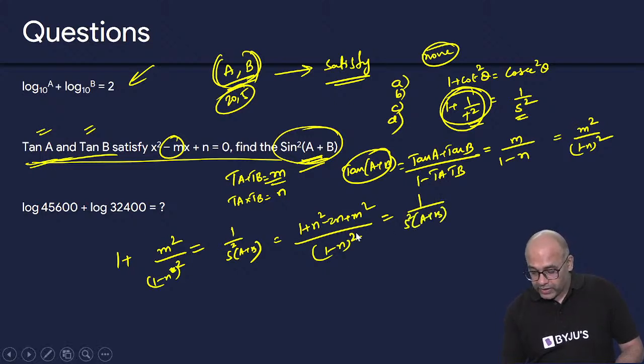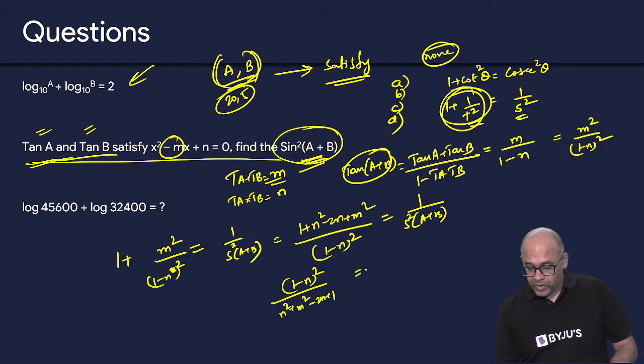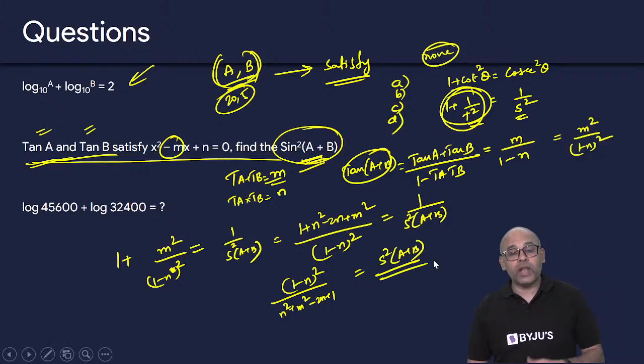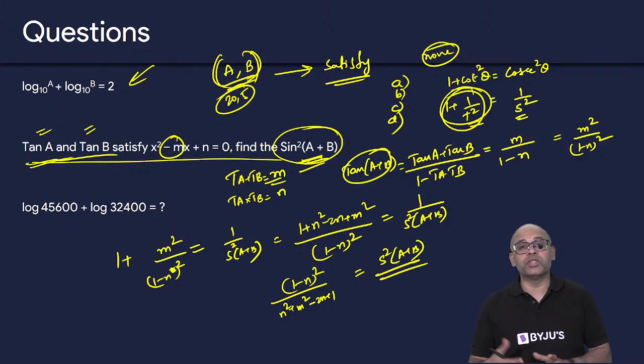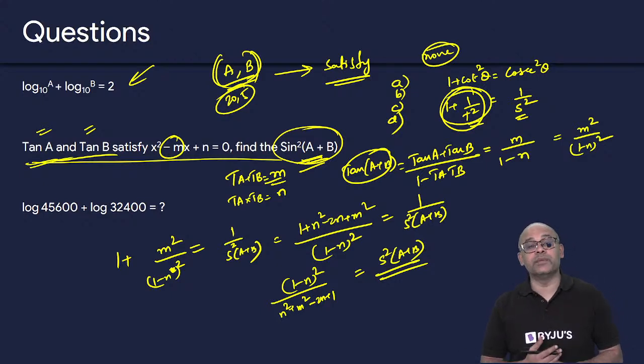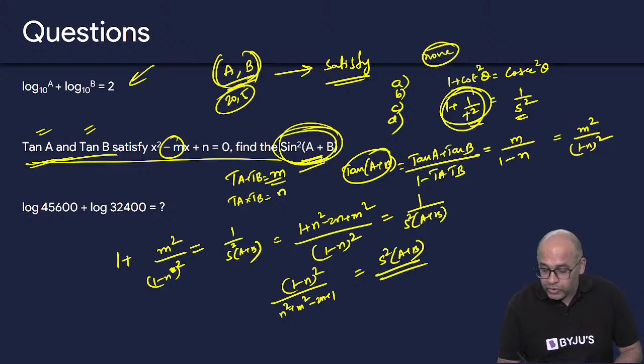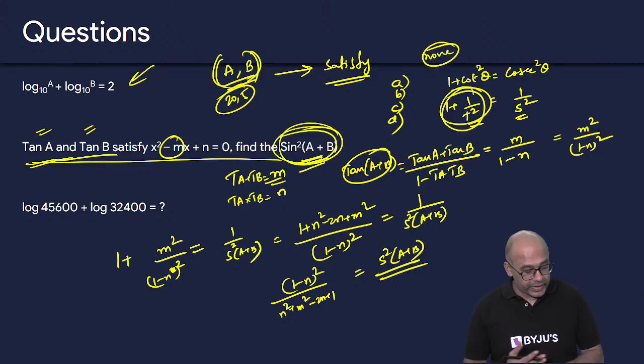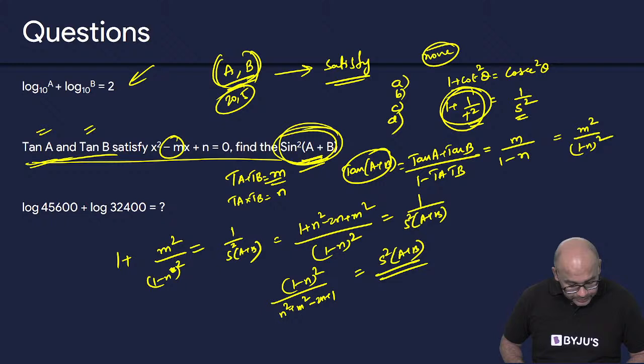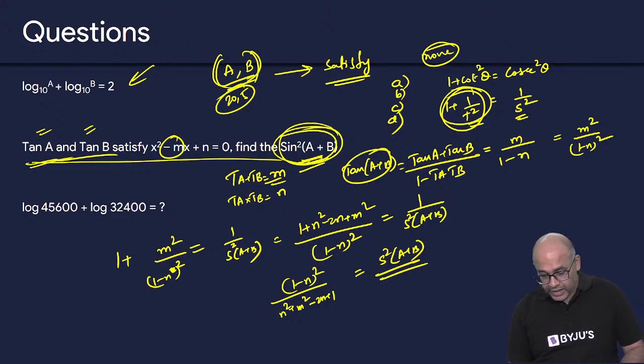And then you rearrange this. So this becomes 1 minus n the whole square by n square plus m square minus 2n plus 1 is equal to sine square of A plus B. So you'll have an answer like this, and whichever option fits this, you can probably rearrange the terms a little bit to get your final answer, and that's basically how you solve. But the basic idea is you have to use 1 plus cot square theta is cosecant square theta. Okay? Yeah, there will be an m square in the denominator, yes. Anyway, moving on.